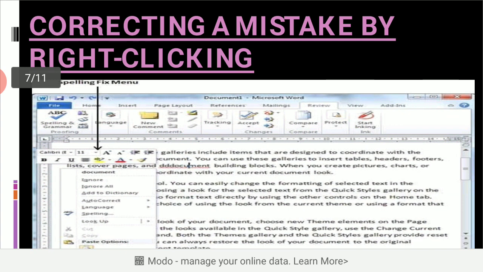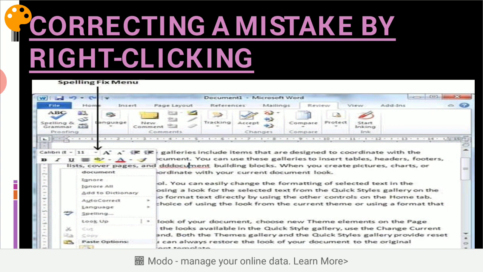The next is correcting a mistake by right-clicking. When you find a spelling or grammar mistake, you can right-click on your underlined text. The menu that appears shows possible corrections. Click on a correction from the menu.